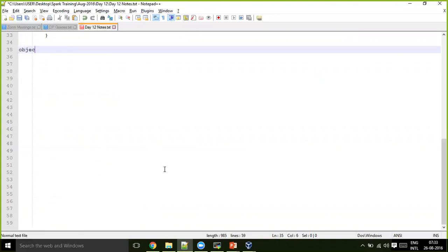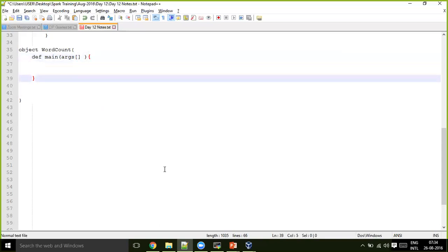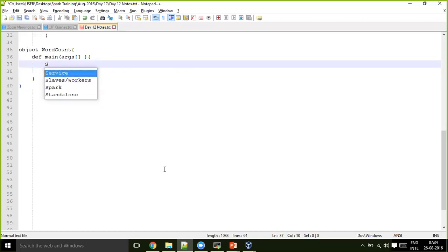So I write a singleton object, WordCount, inside which I declare my main method: def main(args: Array[String]). Then, like the new Configuration that we have seen in Mapreduce, here we have the SparkConf object creation: val conf = new SparkConf. And the bare minimum to set in the configuration is the application name, setAppName.